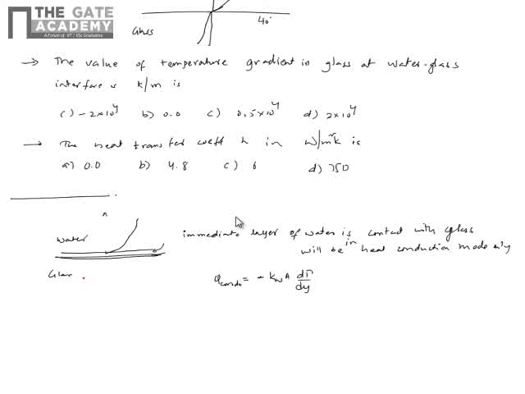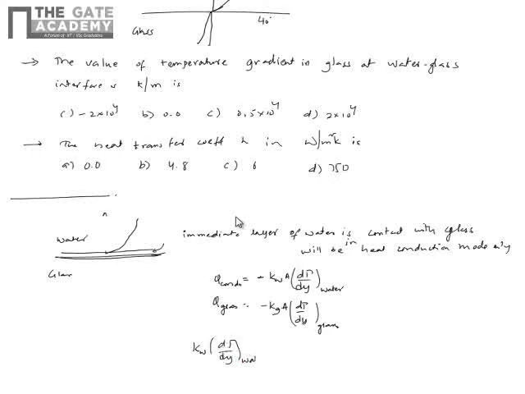And on the glass side, just at the interface, I can write -kG A dT/dy. This is dT/dy for the water side, and this is for the glass side, almost at the same point, and both are equated, because at the interface there is no loss. Whatever heat is conducted from water to glass, both have to be the same. So if I equate this, I get